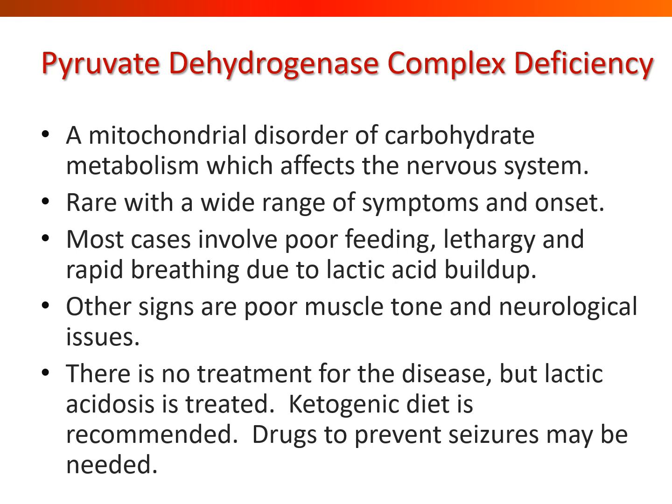Pyruvate dehydrogenase complex deficiency is a fairly rare mitochondrial disorder where the body cannot metabolize a certain molecule. So it's a rare, like I said, rare genetic disorder. It can have a wide range of symptomology, and it can also manifest at different set points in a person's life. Most cases involve poor feeding, which basically means that the body is not capable of